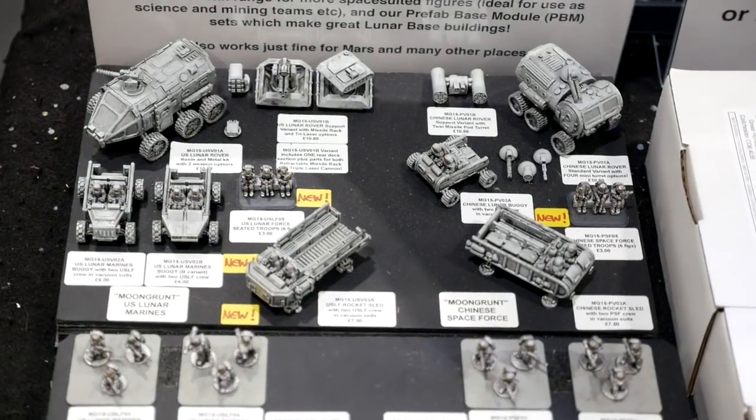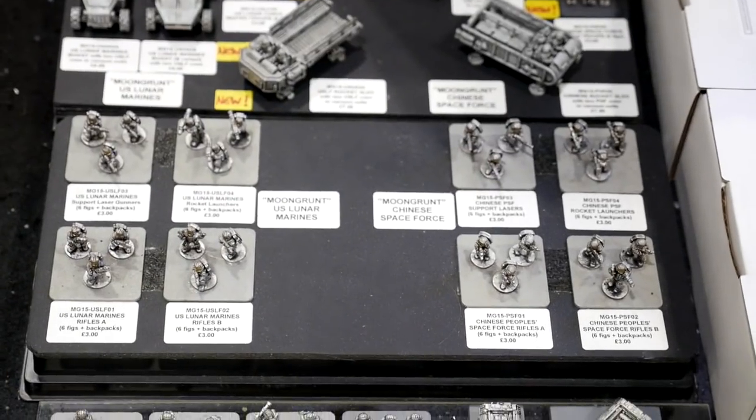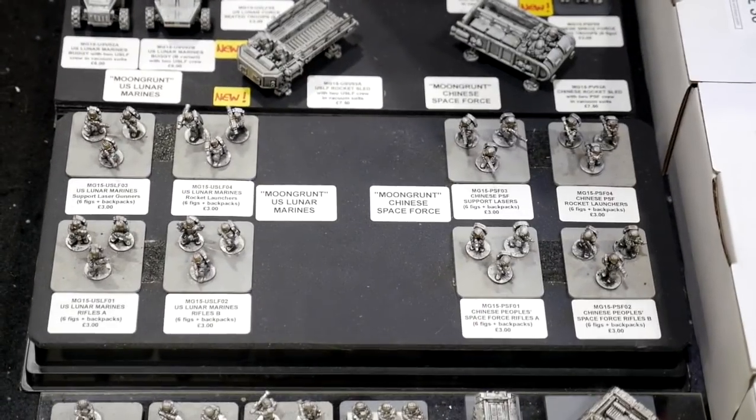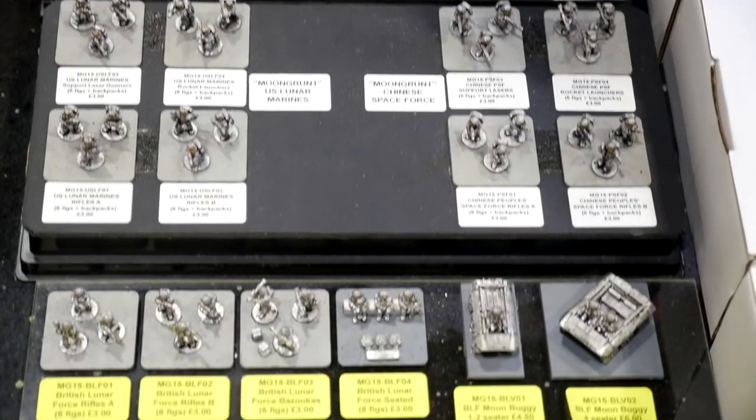Hello, this is Robin. I'm at the Salute Convention for Wargames, and the date is the 6th of April 2019. The venue was up in London at the Excel Centre, and I was focused very much on just about everything